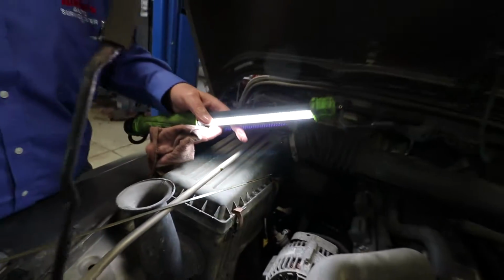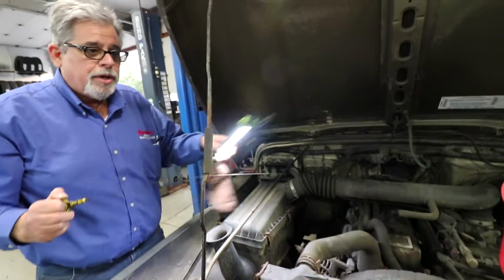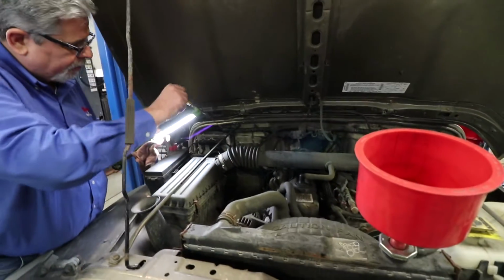We're a little on the dirty side, but this car is coming in for service today. This needs an oil change. We are actually putting a new radiator in this car. It needed a radiator, so we're going to be checking the coolant level